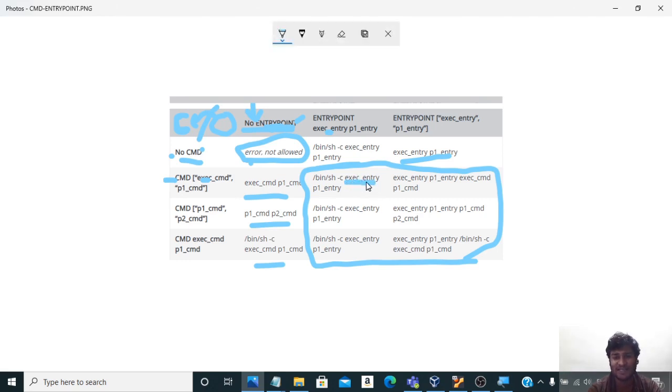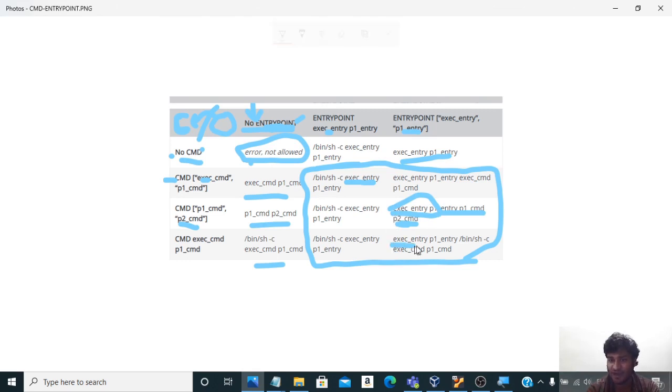You can see exec underscore entry, because entry point is always given precedence for the command, and parameters are always combined together. So if you see, it has a parameter, both the parameters will be there. All the three parameters are there, but the executable is from entry.